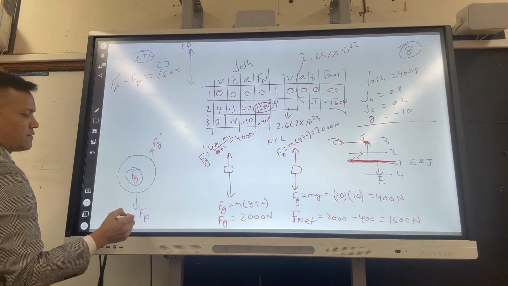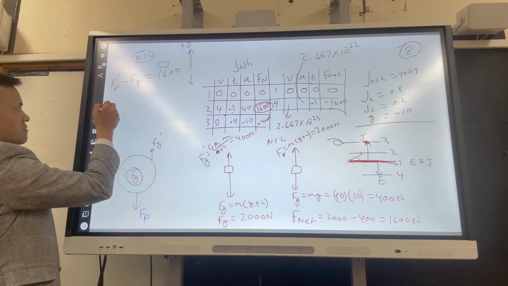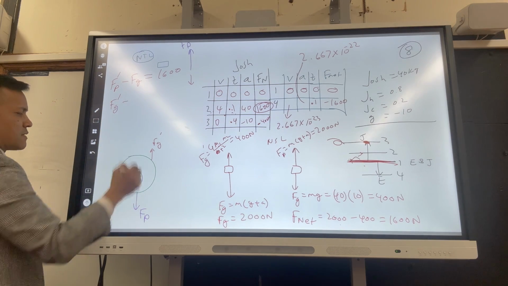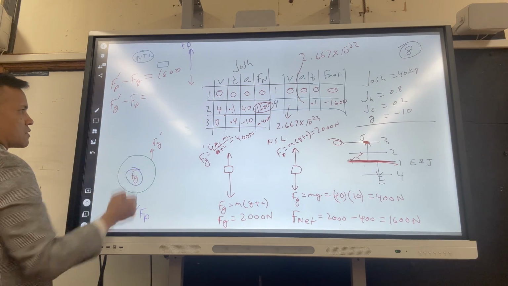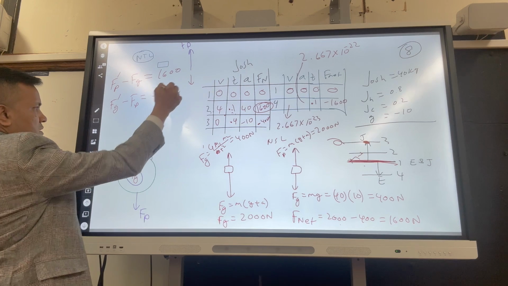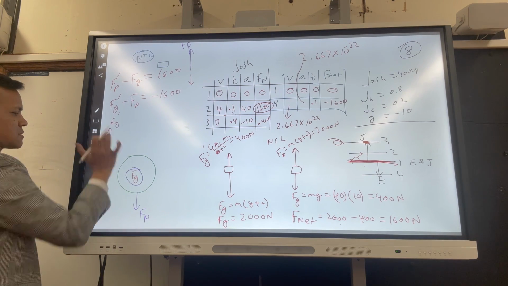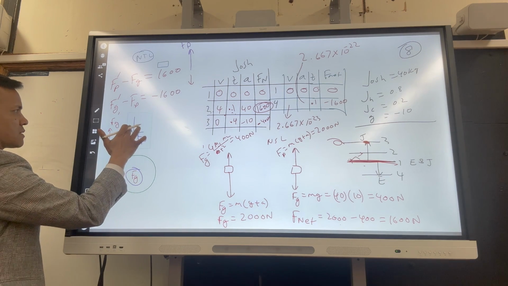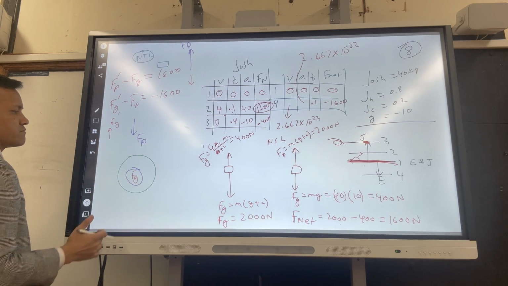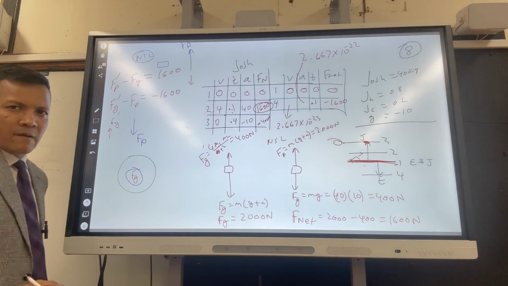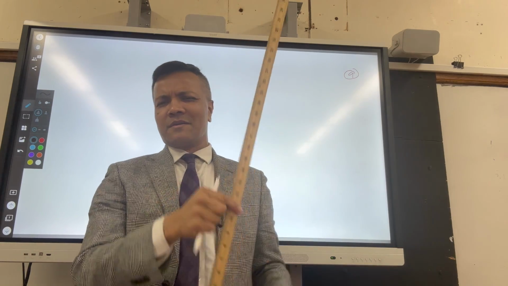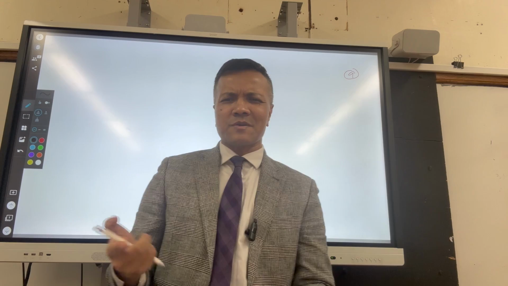You have Fg minus F push is equal to negative 1600. How? Okay, Fg, which is positive, F push, which is negative, is equal to negative 1600. Okay, you put your finger here, and this is 40 centimeter, so you're going to try to find your reaction